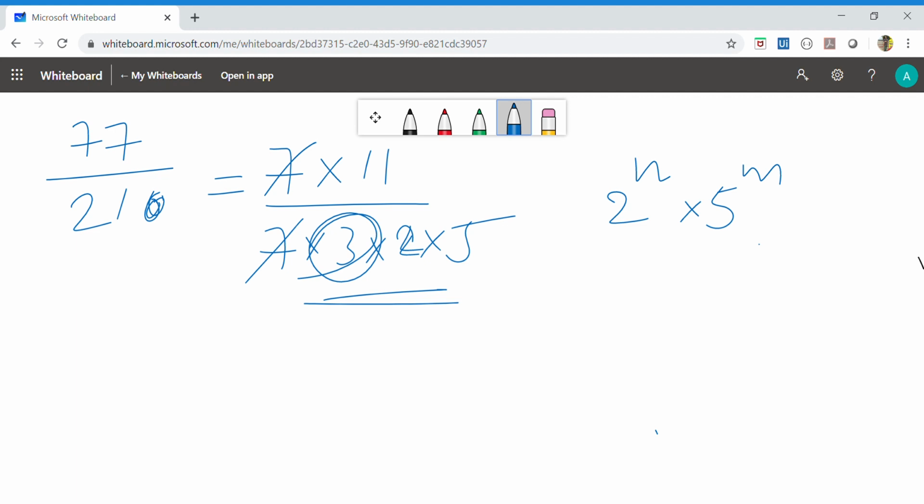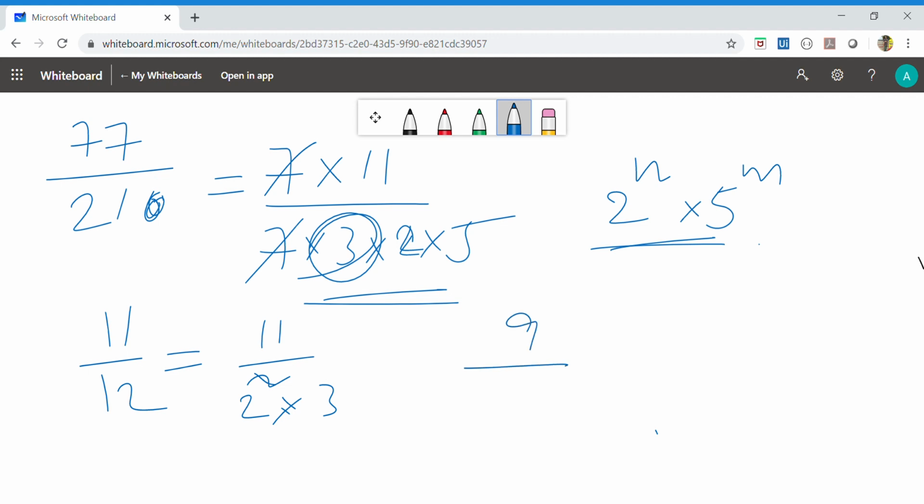Already we discussed that two types of decimals are there in rational numbers: one is terminating decimal and another is non-terminating repeating decimal. If the denominator is in the form of 2 to the power of n into 5 to the power of m, whose decimal expansion is terminating, otherwise it is non-terminating. Like that, you can see 11 by 12. You can tell that it is a non-terminating repeating decimal, because you can write 12 as 2 square into 3.